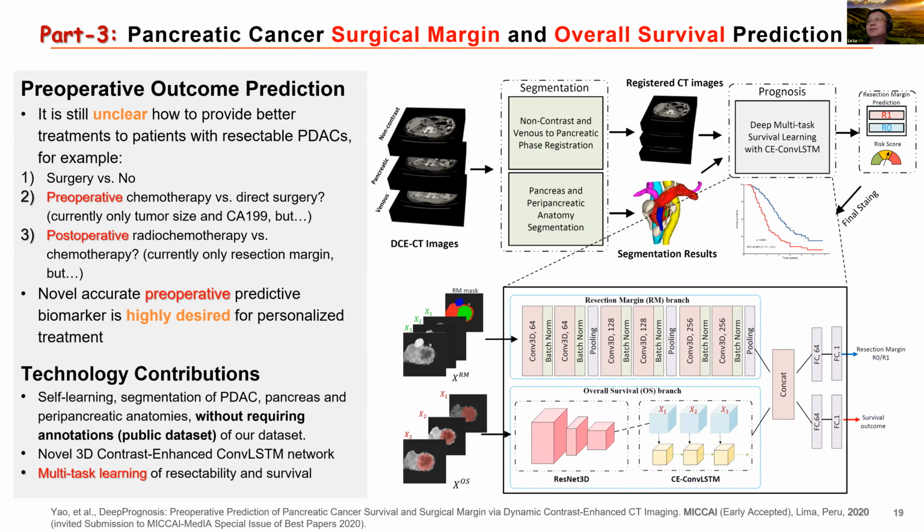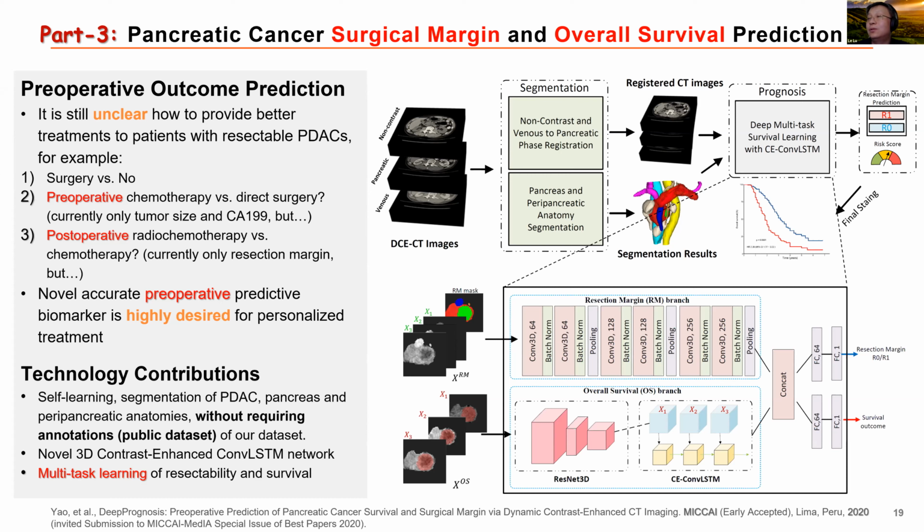So the next step of work, I will go even quicker, is to say, hey, when you find this tumor is recommended for surgery, are they resectable or not, right? This is actually a hard decision. I mean, you really want to resect them, but you don't know if they're resectable or not. This includes the treatment recommendation, right? So you have to decide a lot of things pre-operatively in order to get the optimal outcome of the overall survival. This is the work published last year.